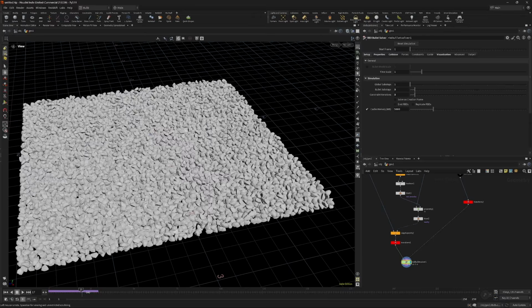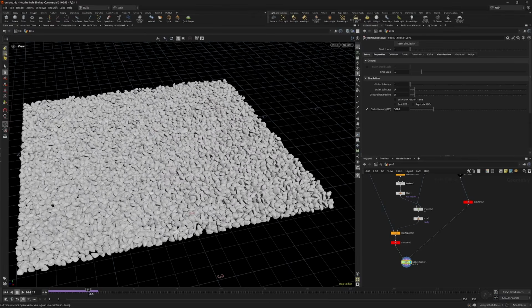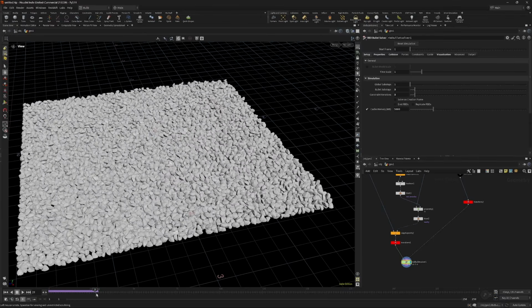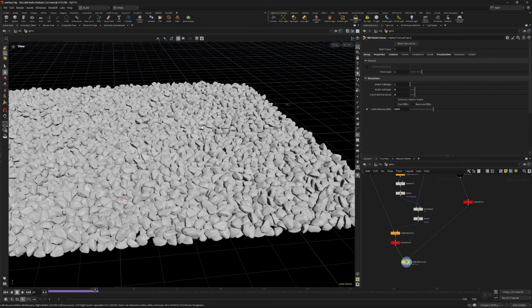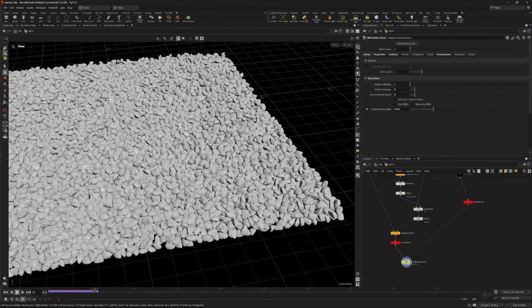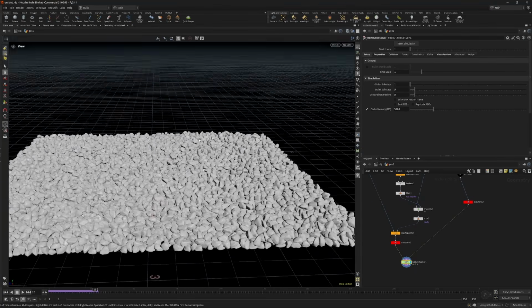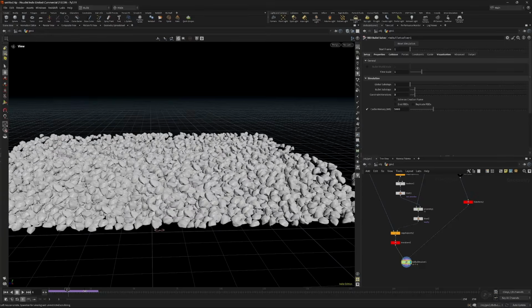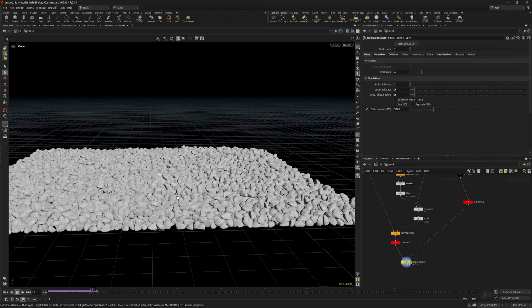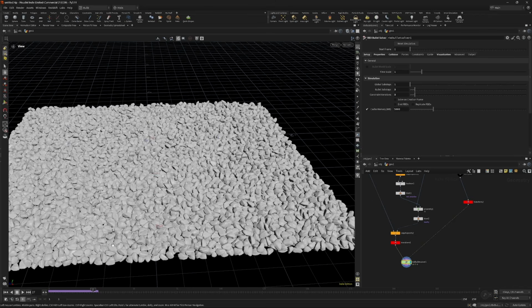Okay, beautiful. So the rocks drop down and they settle, which is exactly what we want. We now have a nice base to do our second sim on. The reason I did it this way with 2 separate sims, this first one here to just get the rocks to settle on the floor, and then a second one to have the actual swirling movements, is because I found that it's more practical for me